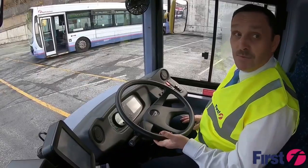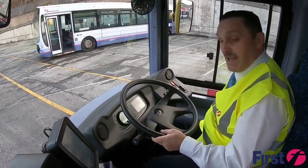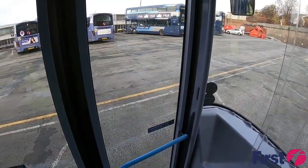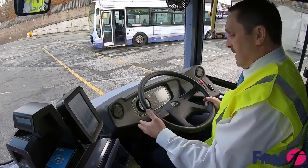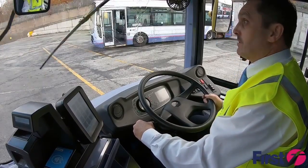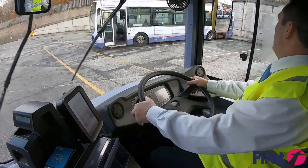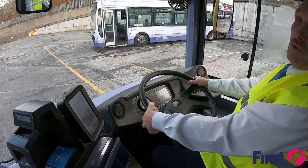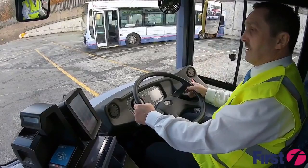Now we're built up with air pressure, I just want to check and make sure that the doors operate from inside the cab. And we can see that the doors are closing shut. Also checking the horn, and that we can make sure that the screen washer's working and the wipers are operational. It also gives me a chance to check that the right indicator and my left indicator are operating, and we can just see in the side mirrors that we can see that, as well as also checking on the outside